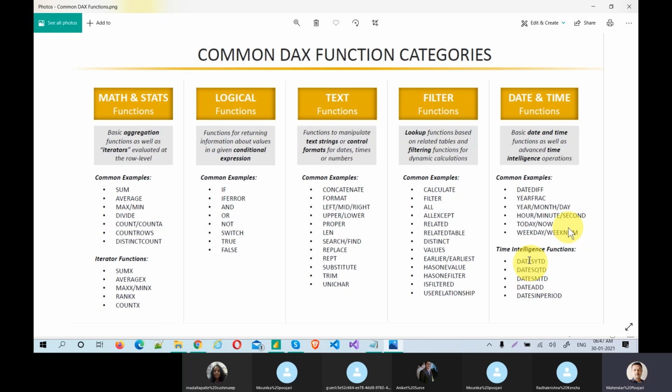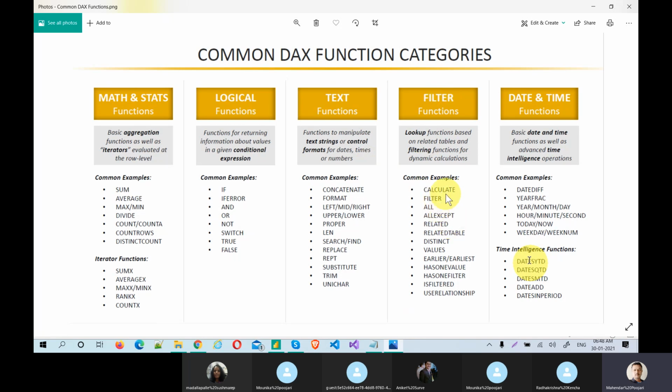Now we understand the basic functionality. Basic syntax, how to write a DAX function: function name is equal to function, then small parentheses, and then the column name inside and the operations, expressions, whatever we call them. We will go deeper step by step, but let's assume these are all the filters.